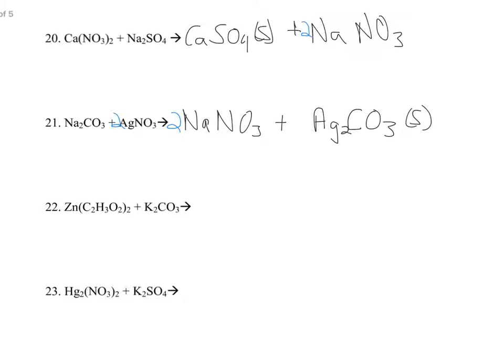Next one, I have a kind of an unorthodox reaction, and sometimes that's what we just do. Can you follow the rules? And so we go through and say, okay, I have a zinc carbonate. Wait a second, according to my rule number 5, all carbonate salts are insoluble. This is going to be my precipitate, and then I'm going to have my potassium acetate as my part of my aqueous solution. Need to balance it, but for the most part pretty easily balanced by just putting the coefficient of 2 in front of the potassium